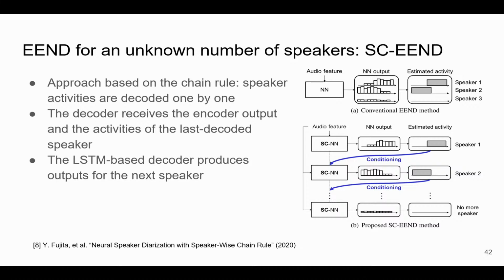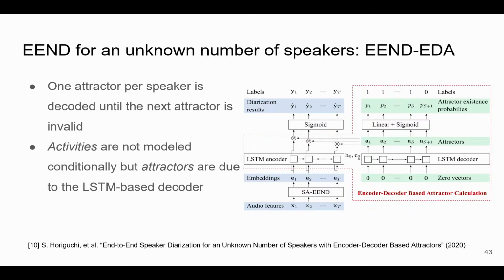They will have an LSTM-based decoder that will produce the probabilities that will give you the activities for the first speaker. And then you will use this as input also to your model, together with the features, and then you will decode the activity of the second one. You will continue like this until eventually, at some point, the decoding doesn't give you any more speech, so that's time to stop, and that way you decode potentially an unknown number of speakers. This, however, was not so successful. It didn't continue, and in parallel, from the same authors, they proposed these